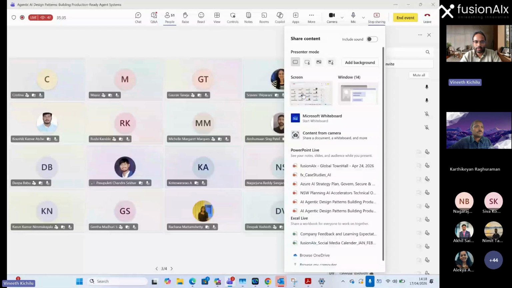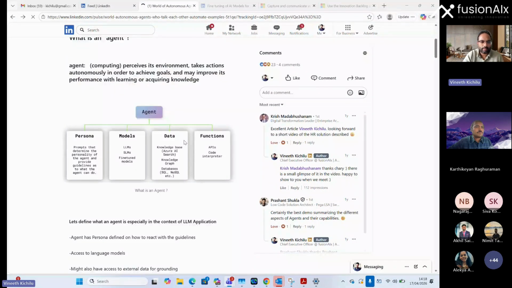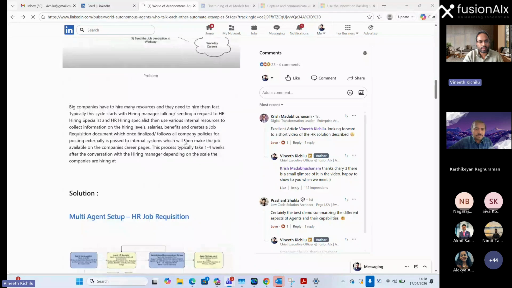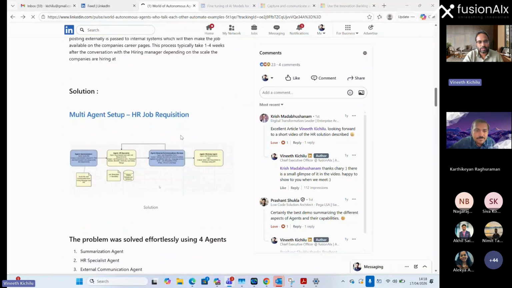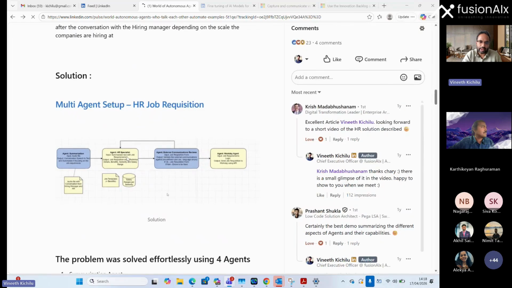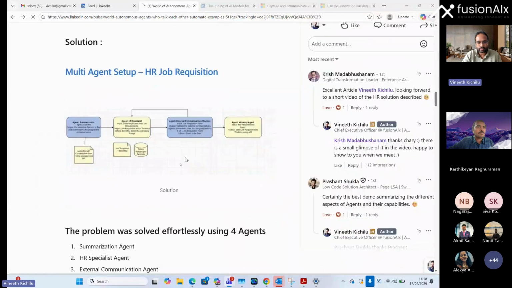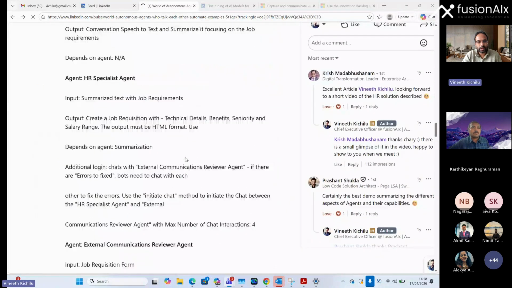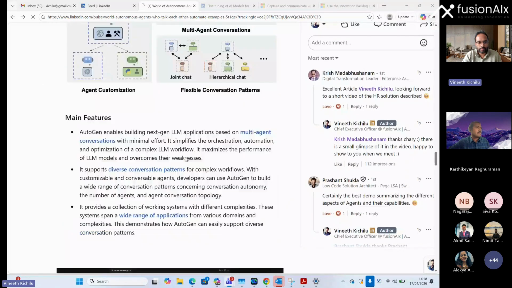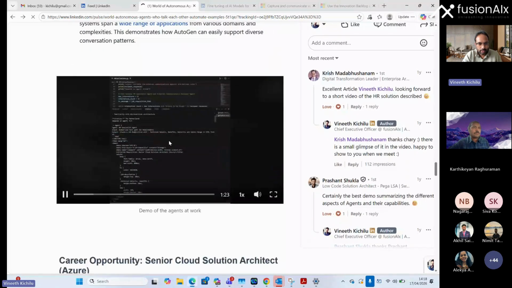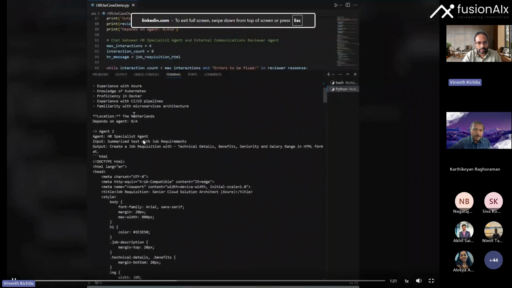So here, if you look, there is a multi-agent orchestration happening. There are 4 different agents, and 2 of them are reusable assets, and 2 of them are specific task execution. But there is a chat happening between the agentic HR specialist agent and the external communication agent for 4 times before making that conclusion. So if you see on my demo, if I go here and play this, you'll see that there are 2 agents.